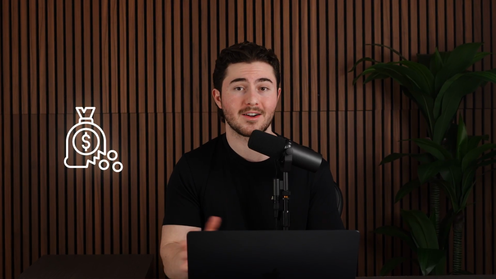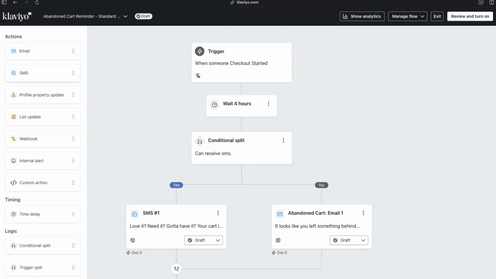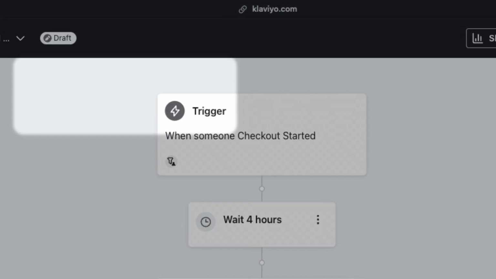It's a huge difference. And if you have only one of these set up, then you're quite literally missing out on all the people who are abandoning carts on your website. And the worst part, Klaviyo makes it so easy to miss this. They literally call the abandoned checkout flow in Klaviyo the abandoned cart flow. I don't want you to make this mistake, so here's how to check if you actually have a proper abandoned